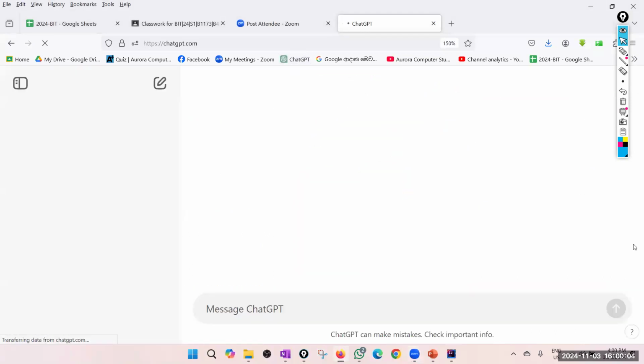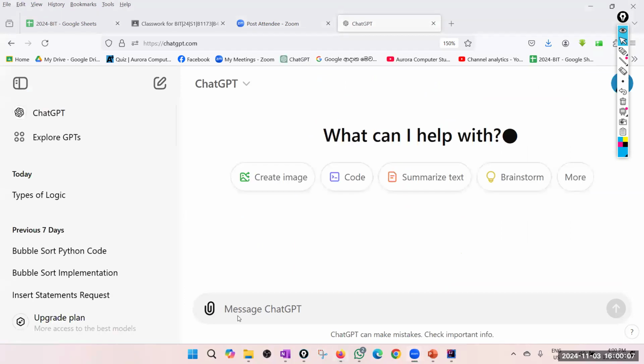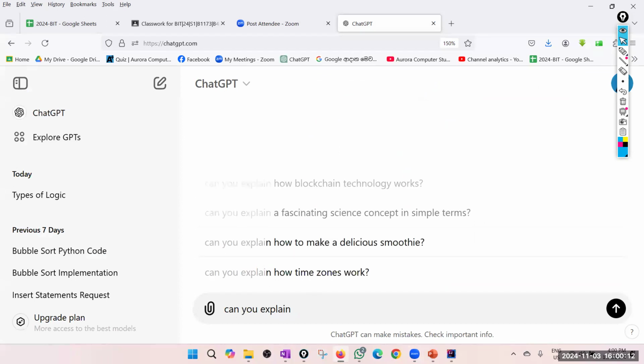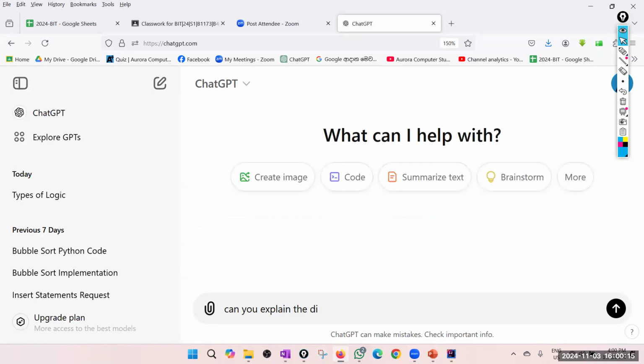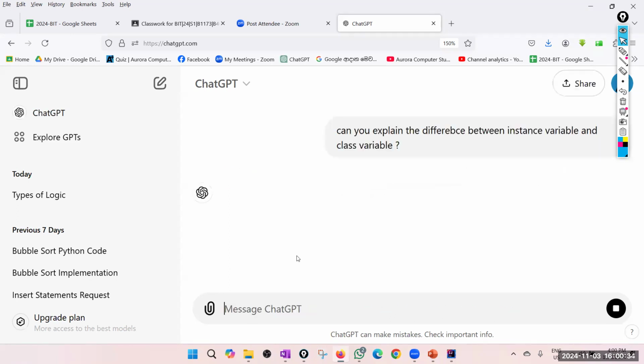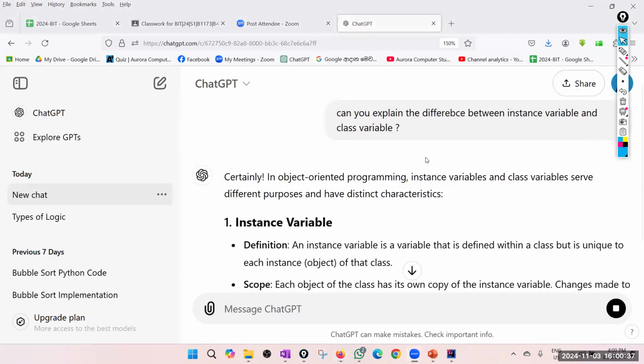Can you explain with an example? එහෙම අහන්න ඕන හරිද? හරි. Can you explain the difference between instance variable versus and class variable? ඊට පස්සේ කියන්න බලන්න පොඩි කෝඩ් එකක් අරන් මට එක්ස්ප්ලේන් කරන්න. අනේ සරලව එක්ස්ප්ලේන් කරන්න.